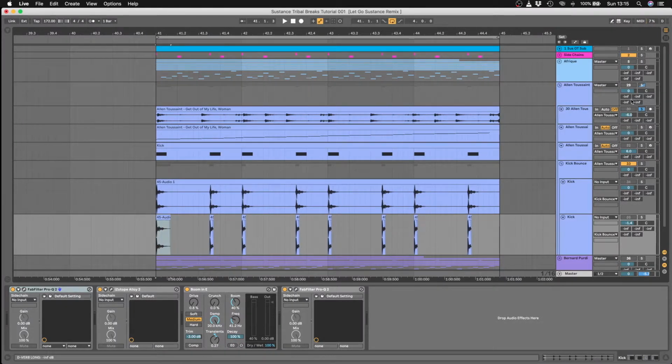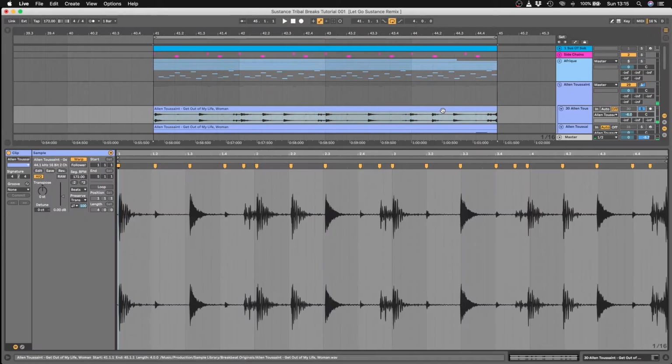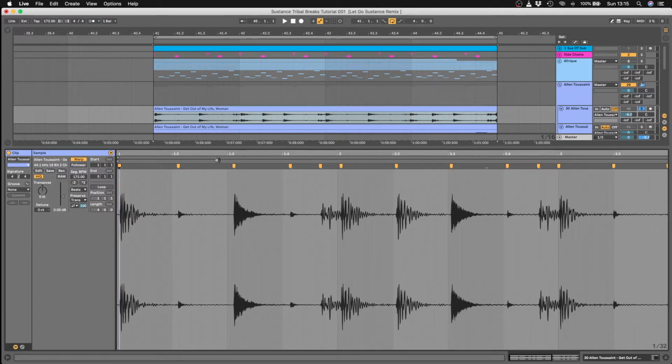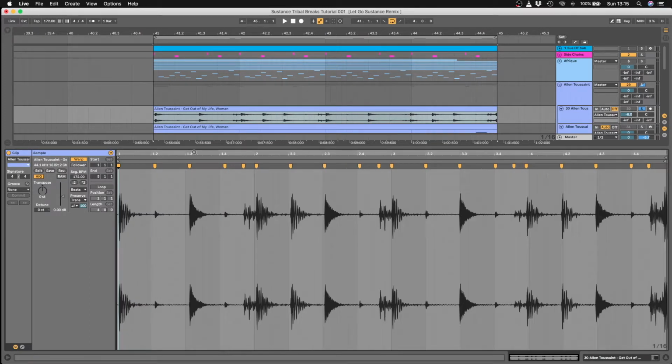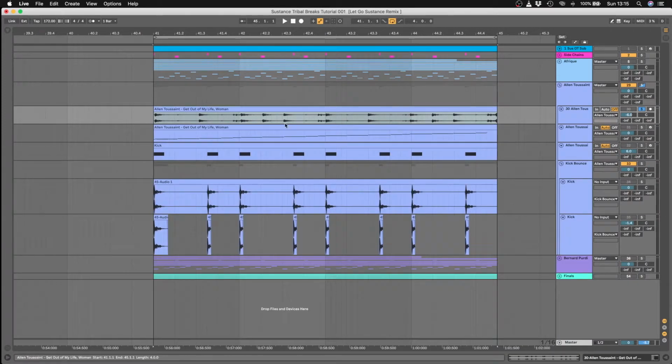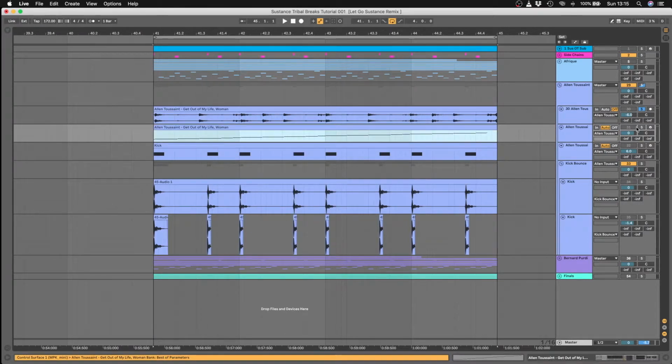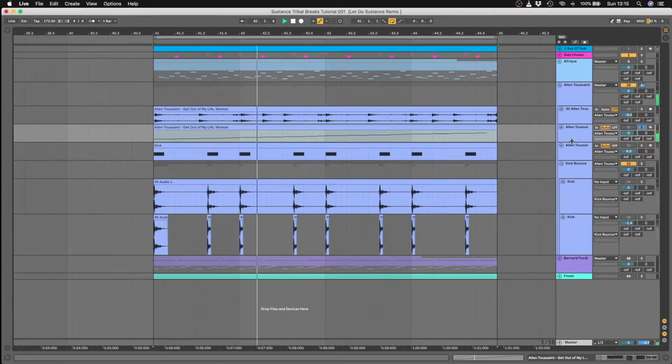So the beat itself, I did the same thing again. Double click, warp, beats, zoom in, every single transient, add a warp marker. Once you've done that, right click on the audio, slice to new MIDI track. It comes in at this. Like I said before, I've got my preset set up so you'll hear the tops are just rolled off. It's a bit cleaner,